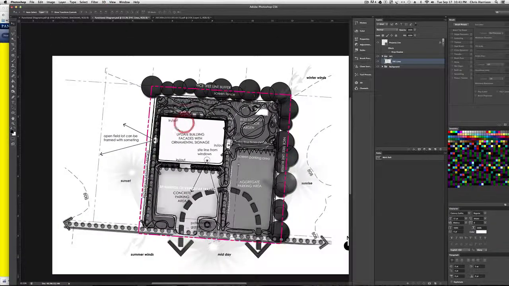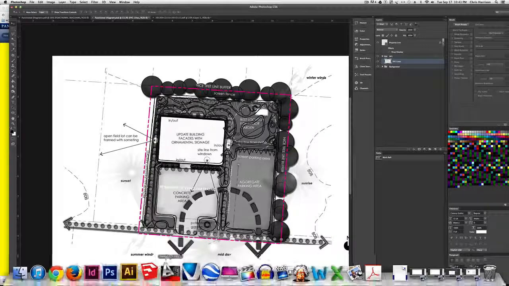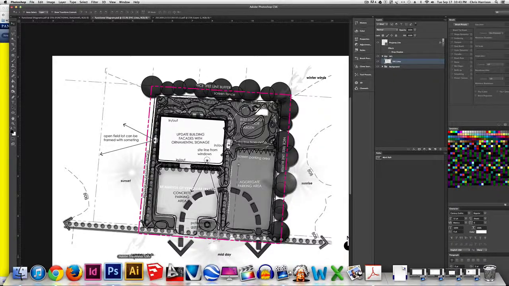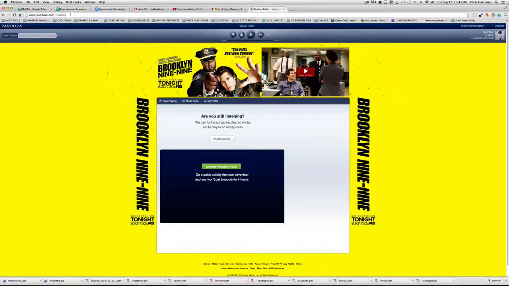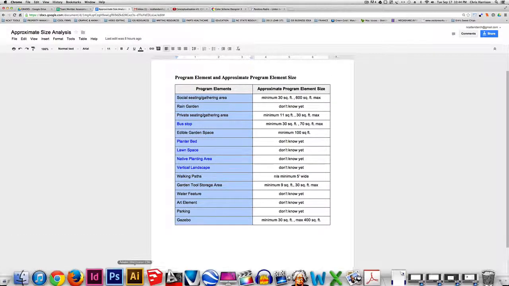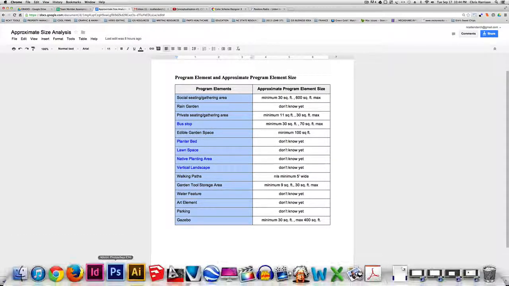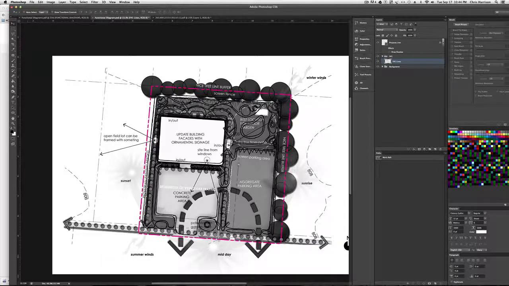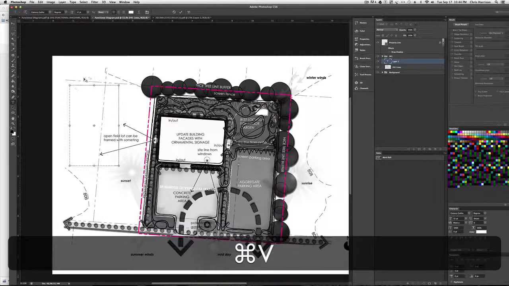Now we need to get color for them. So what I want to do is first create a key or a program element list that depicts the colors and what these areas are. And to do that, I'm just going to go back into the approximate size program element assessment and just copy. I'm going to come back into Photoshop. I'm going to grab the text tool, pull the text tool out. I'm going to Control-V,